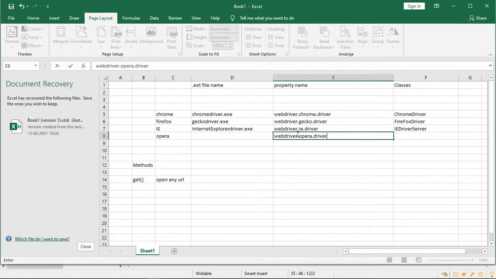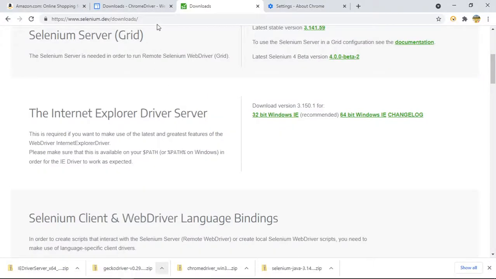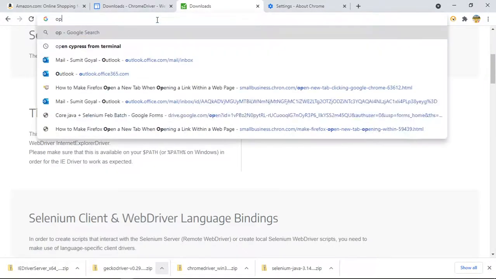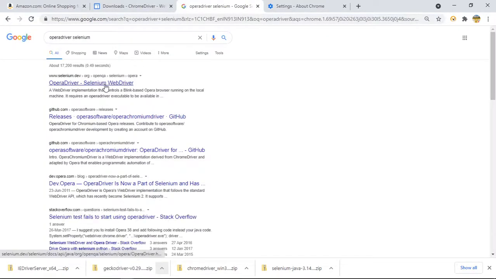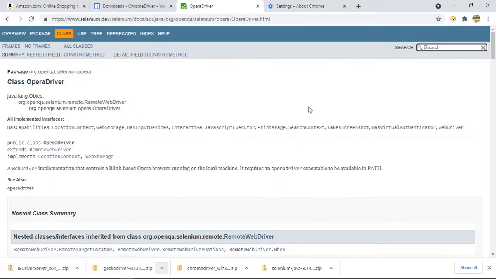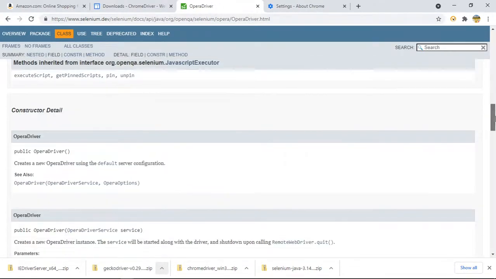So again, if you want to run with Opera browser, you can say Opera driver Selenium, right? After that, you can click this link, and from here I think they have provided. So you can say which class you have to use, this class you have to use, and I think somewhere here I should have written download.